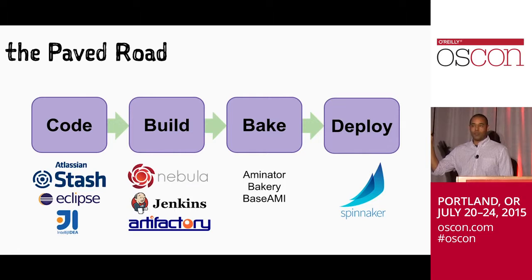So how many people know what the baking process is at Netflix? Okay. So just real quick, baking is the process in which, every time we deploy code to production, we never change code on a running instance. We apply the immutable server pattern. So if I want to change code, I have to check that code in and create a new instance of a pipeline that will create a new Amazon machine image based on the code that I applied, and then we destroy the old AMI in production and stand up a new one. We call this baking. And so we have some tools. Aminator is open source, is the tool we use under the covers to bake.